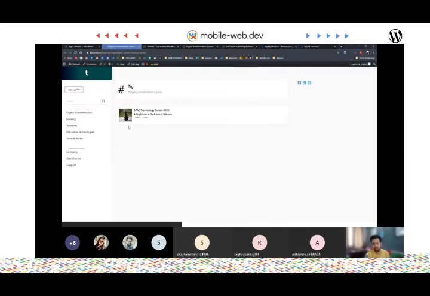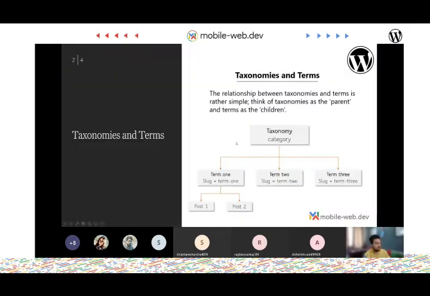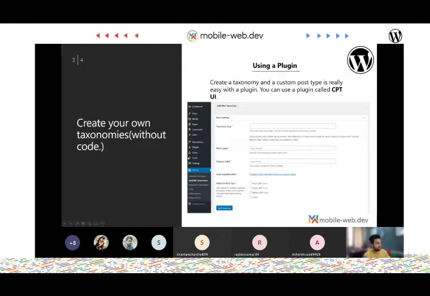example of Instagram. If you want to create a duplicate of Instagram using WordPress, you can do that, because the channels or the authors can be the built-in authors, and channels can be the categories, and the tags can obviously be the tags, and then you can design the whole process like that. So it's very easy to create your own custom taxonomy.